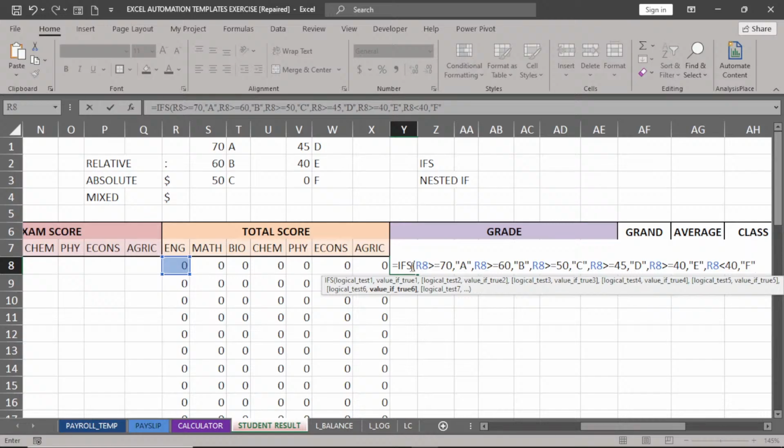Excel is moving from left to right. So if this is greater than 70, return A, there is no need to check the rest. However, if this condition is not met, check the next condition. If this is greater than or equal to 60, then I will return B for me. However, if